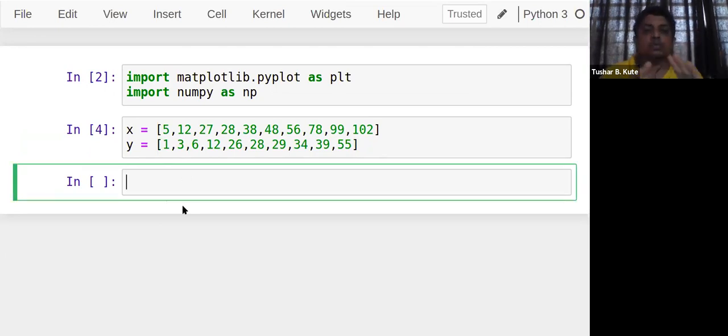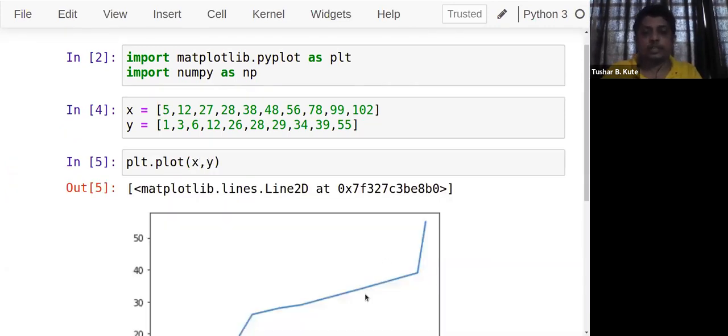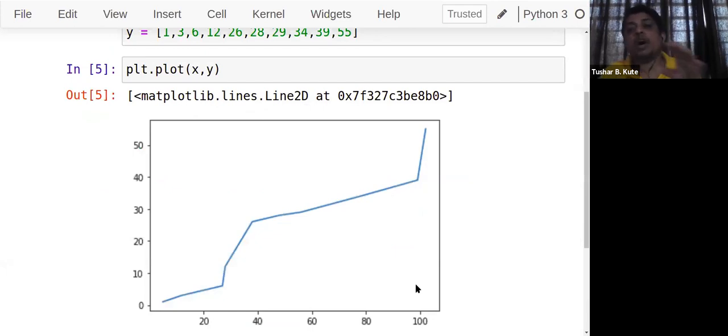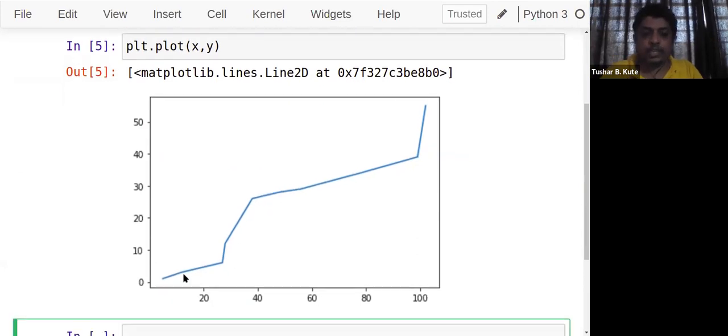Now simply I want to show the relationship. As I told, with correlation we can see the relative relations between x and y. If you want to see it directly, we can use the line plot, which is plotted with the help of the default function plt.plot(x, y). Now you can see how x and y are connected together. Directly the plot will be shown. You can see how it's incrementing continuously. So y is incrementing according to x. As x is incrementing, y is incrementing. That's what we can see.